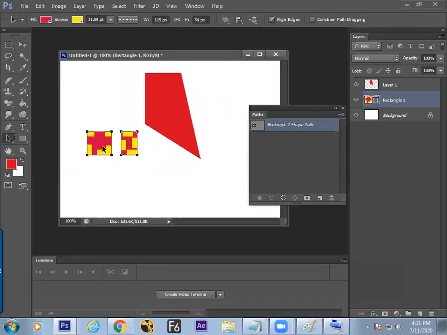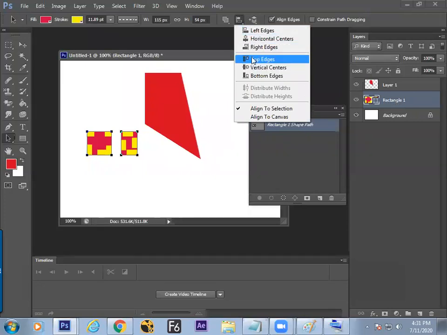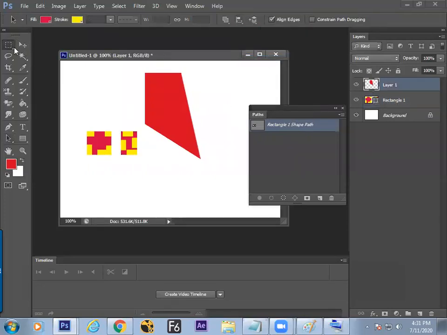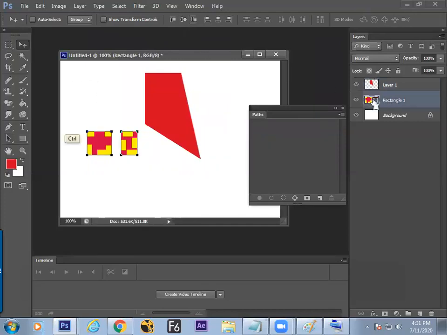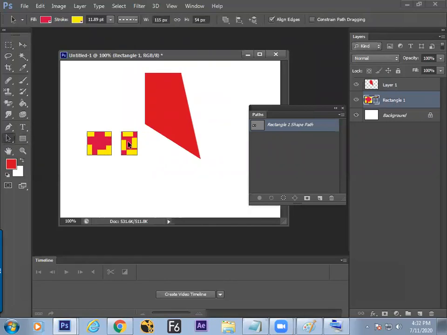So we have seen how to get these shapes aligned. Alignment is again of 6 types: left, right, up, down, center, center. So all the options are here, and it is not new. We have seen that in the option bar whenever you are taking any selection. It was done to the layers, now it is done to the shapes. Alignment is possible. So we have understood now that alignment of the shape can be done.